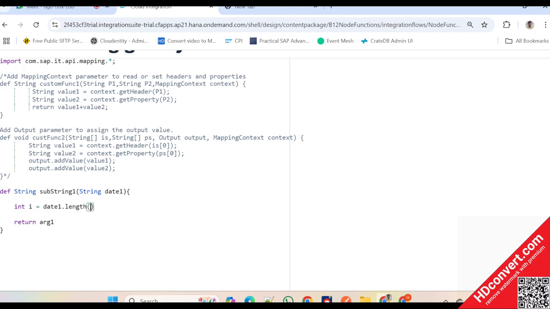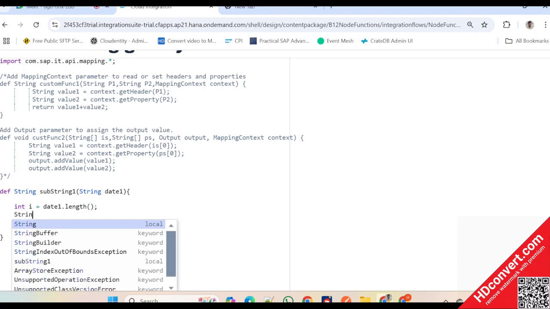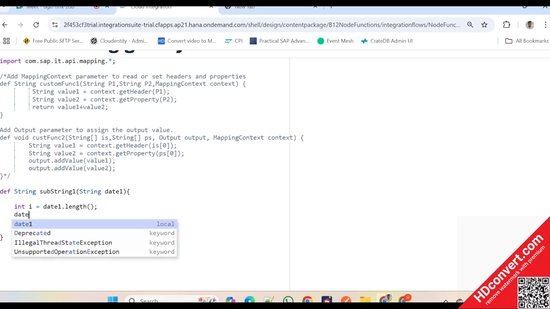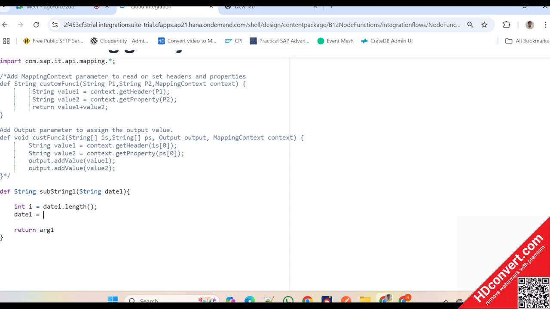I'm storing the date length here, and the date. If you want to keep, say, from 8 or 9 onward, you ask me. Date one total length is this one; i stores the total length. Now what I will do, date one equals